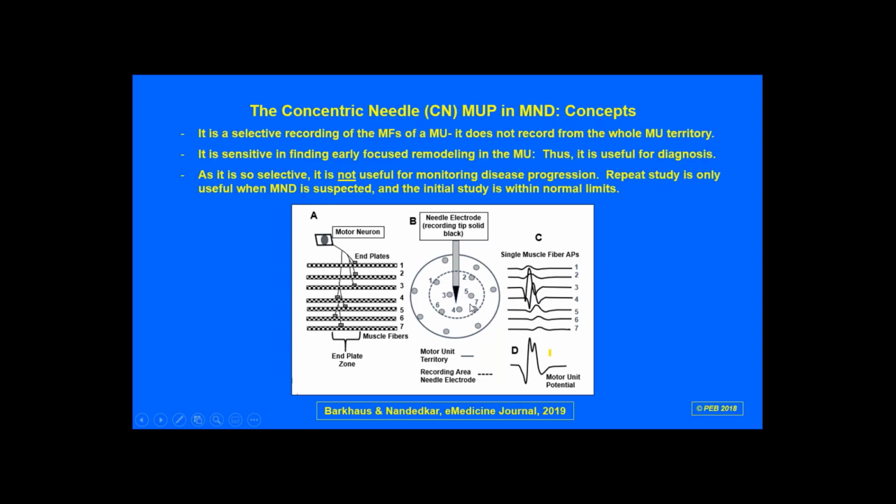There are some people that allege that there's 15 muscle fibers that contribute to the duration, but that I don't believe is quite correct based on simulation studies. But I do think it's safe to say that the main spike feature here, from here to here, is reflective of about 15 fibers in the normal, but then when remodeling occurs in motor neuron disease, then of course there may be many more contributing, and thus you see the large